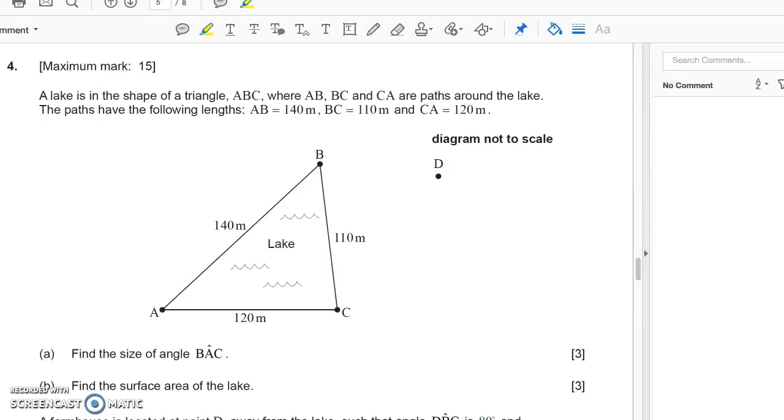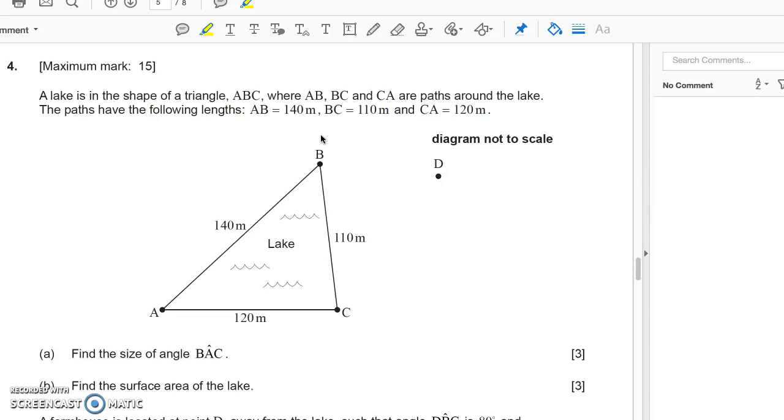So another math study, paper 2 question. This time is about geometry and trigonometry specifically. It comes from the November 15 paper. A lake, question 4. A lake is in the shape of a triangle ABC, where AB, BC, and CA are